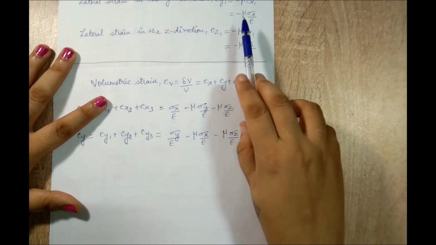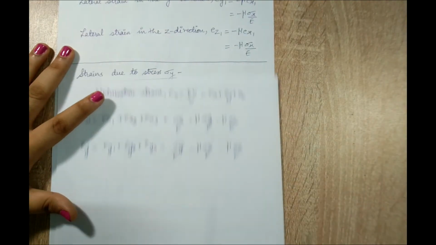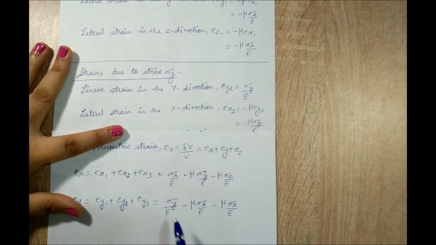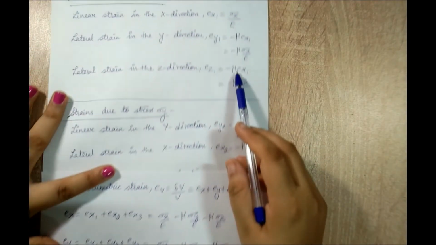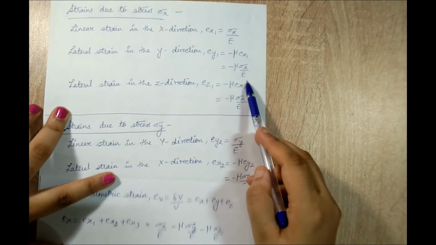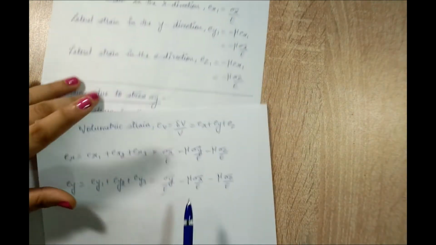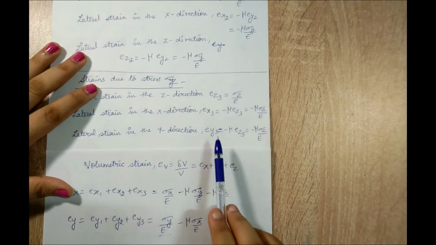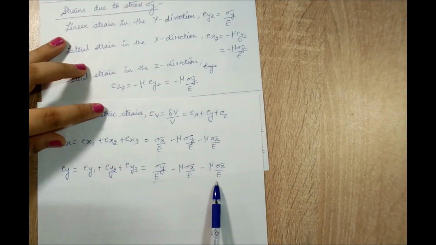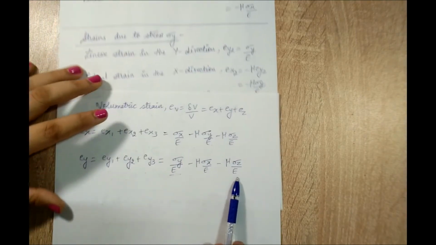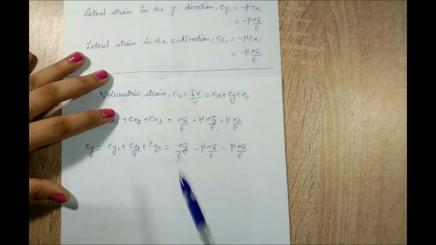Now you can just check. See, Ey2 is actually sigma y upon E. So I have a term over here. It is not necessarily in the order of Ey1 plus Ey2 plus Ey3, but definitely I will get all the terms over here. The other term, for Ey1, is minus mu into sigma x upon E. You can see I have written that term. And when I check the third one, it is minus mu into sigma z upon E. So here also I have got that term. So this is another way of writing without even seeing those equations.